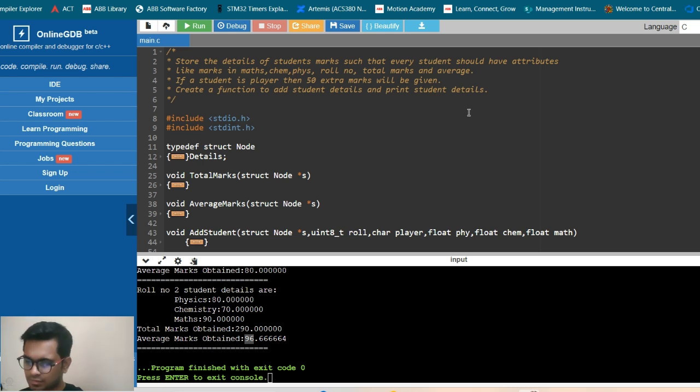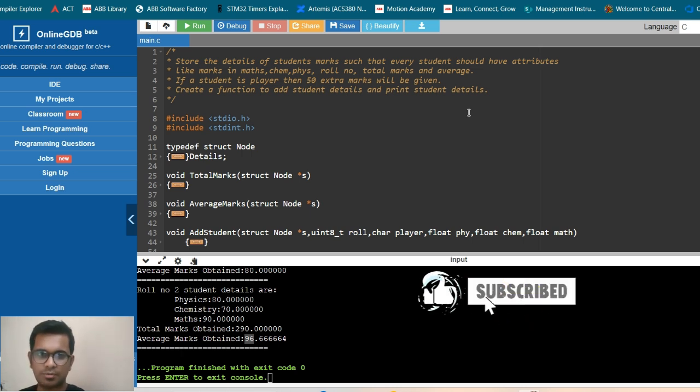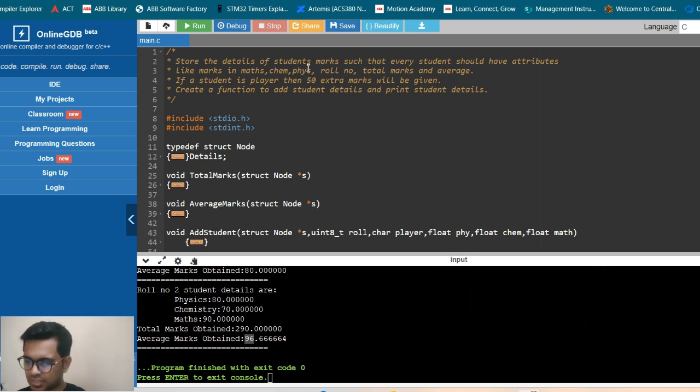Hi. So, have you thought of creating something like a student, like a class in object oriented programming in C? This is actually a question asked in a very reputed company for an embedded developer, where he is asked to create a student such that the student contains the following attributes: marks in physics, chemistry, and maths, his roll number, and total marks and average will be the functionality that will depend upon whether that student is a player